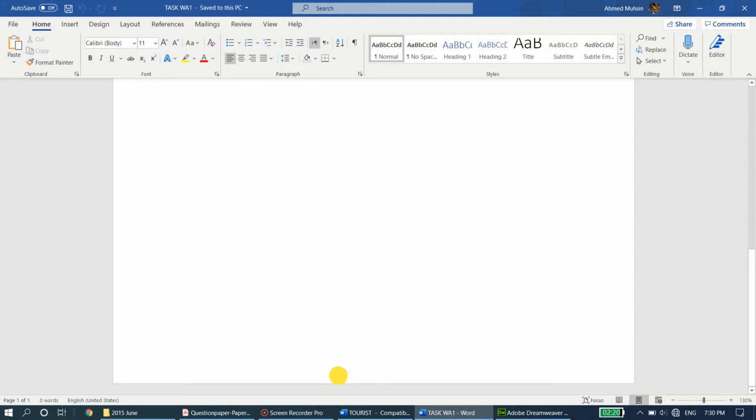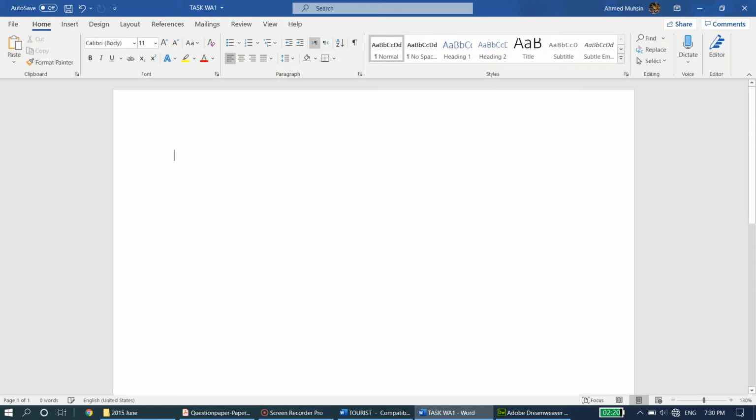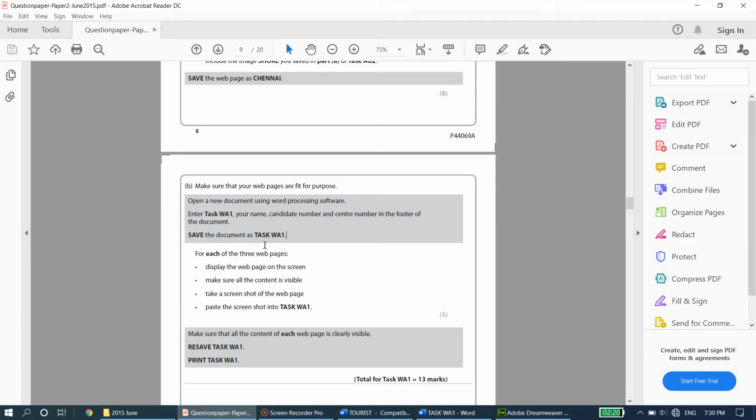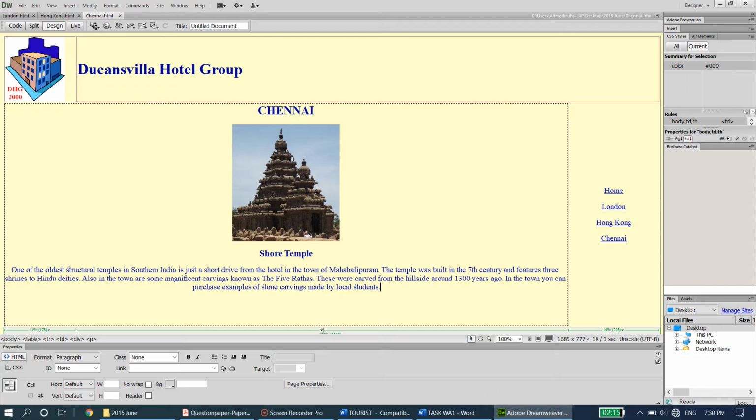That's done. Next, the question paper tells you, for each of the 3 web pages, display the web page on the screen. Make sure all content is visible. Take a screenshot of the web page, paste the screenshot into task WA1. So you can take a screenshot by clicking on this live button itself, but I want to show you all something different. Let's open it with our web browser itself. Okay, and take a screenshot from the web browser. So we'll start off with London. I'm going to open up London